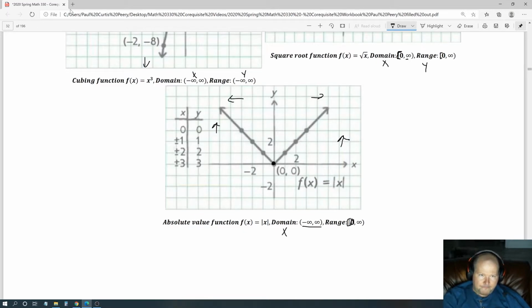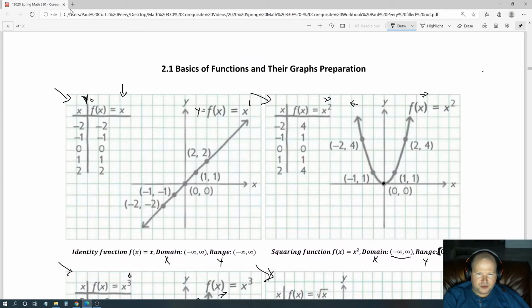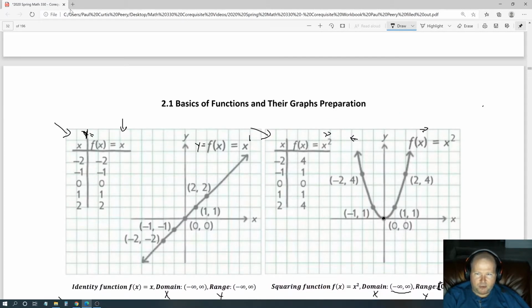Now, you might think there's a whole lot more of these to memorize, and you might be right, but I do want to point out that with a few tweaks, these can represent quite a few different ones. We could put a coefficient in front of the first power one right here. We could put 2x plus 1. We'll learn how to graph those later. But I do want to point out that